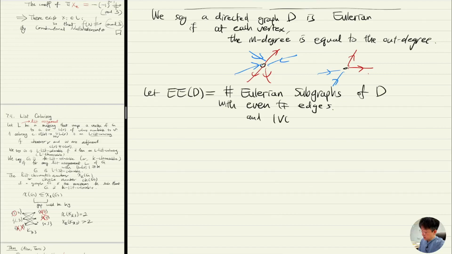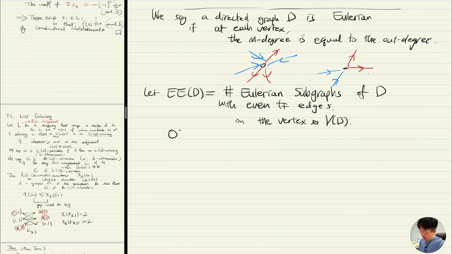I should say the number of Eulerian subgraphs, and I don't want to count all the isolated vertices, so these are all spanning subgraphs on the vertex set,